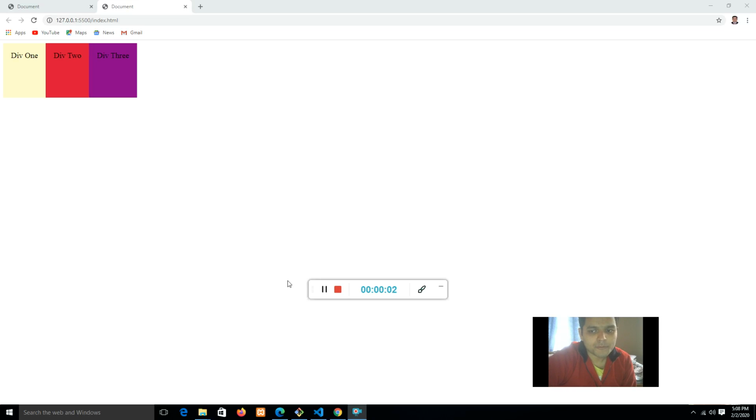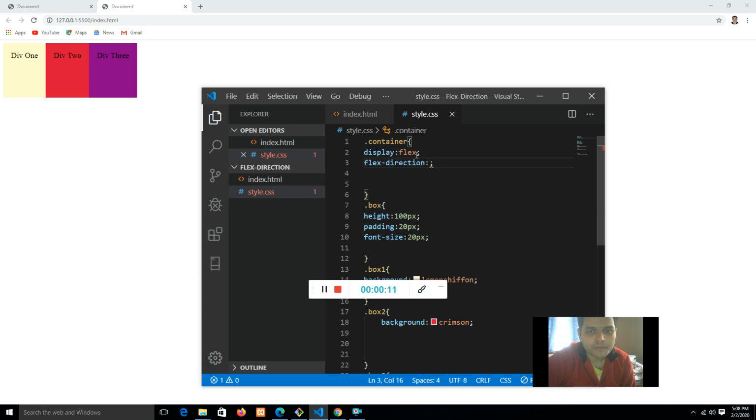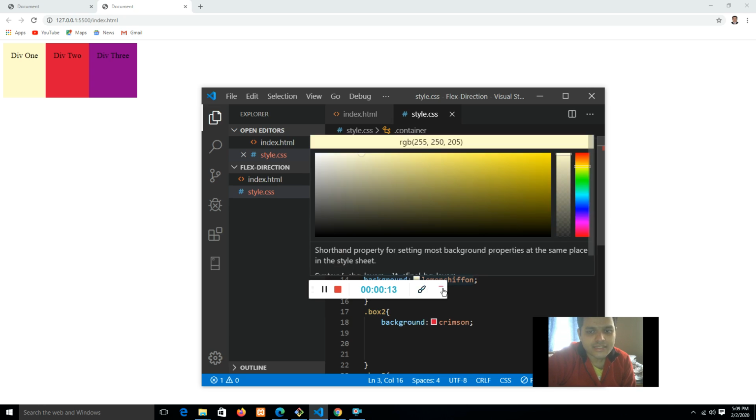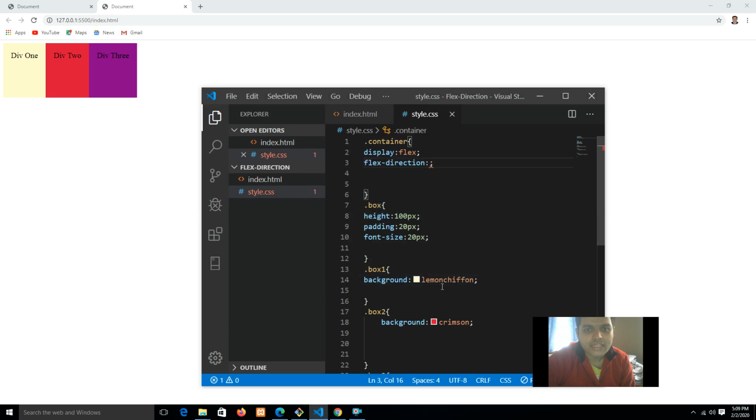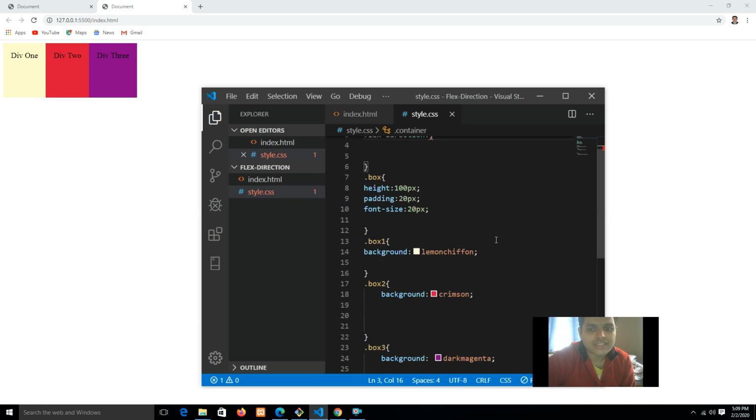Okay, so in the previous lecture, the first lecture of the Flexbox series, we learned how easily you can just display flex, and instead of using float, you can easily bring three divs in one line. It's very easy. So today, we are going to learn